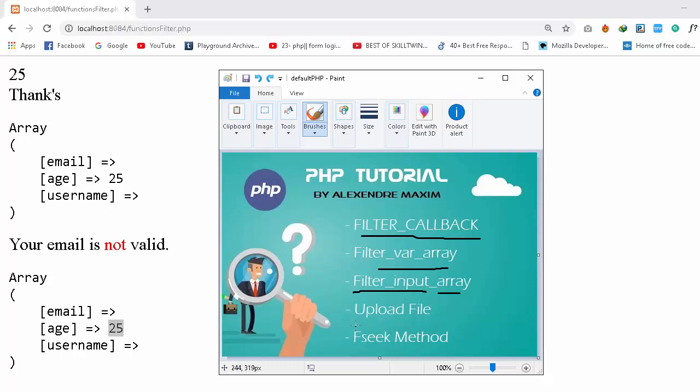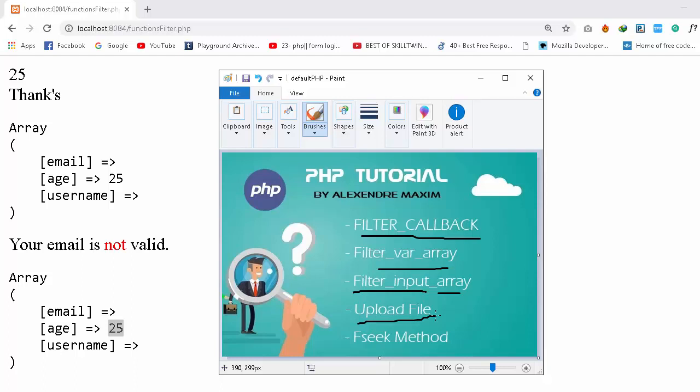So we have the upload file. What's the upload file? Firstly, we will take the file upload. We look at almost all types of inputs. Today we will see the type file. How to upload a file or an image, for example, in the database. For that, we need to use the